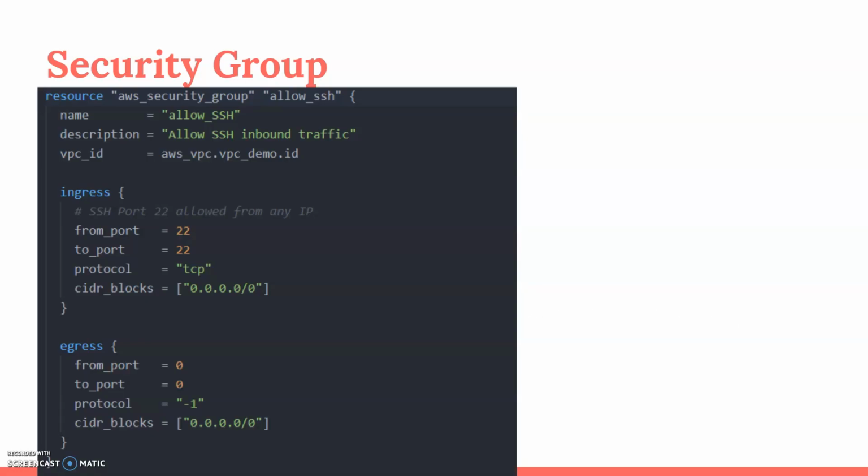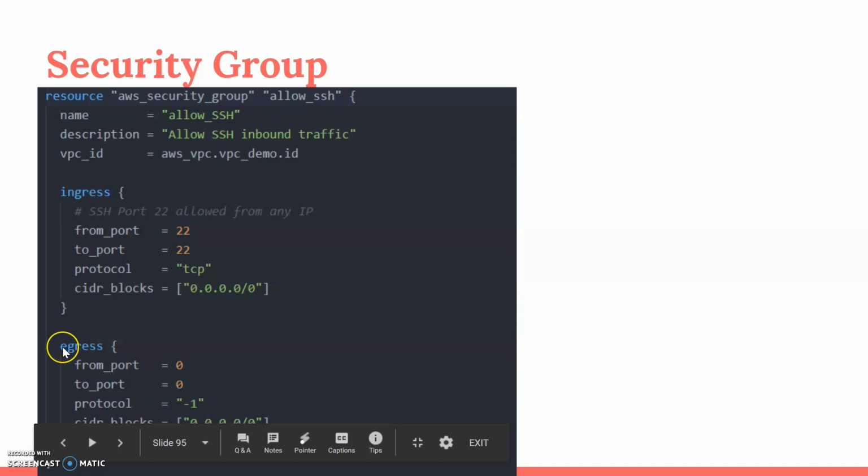So this is a security group. You can see here the security group will be created with the VPC reference. We have to pass the VPC ID for the security group, so it's bound with the VPC, and this is the VPC which we are custom creating in this session. And this is the ingress rule, where the inbound rules are. Port 22, from port and to port 22, will be allowed. Protocol is TCP and the source IP is any. So from any IP, port 22 access will be allowed in the inbound rule.